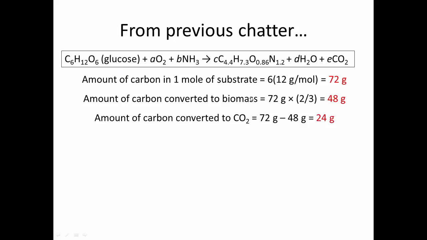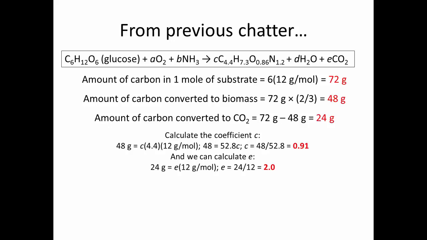And then we said, okay, we have our amount of carbon in 1 mole of substrate. 2/3 of carbon is converted to biomass, the other third is converted to carbon dioxide, and we split it up accordingly. And so that made it fairly easy to solve our carbon mass balance and to calculate some